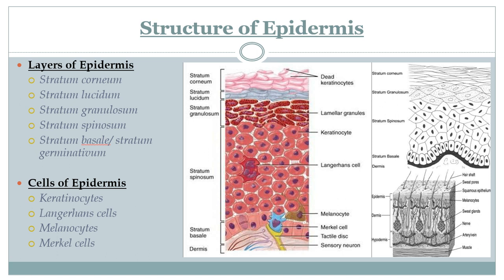Epidermis is the outermost layer of the skin made up of keratinized, stratified, squamous epithelial cells. Now, there are 4 to 5 layers of epidermis. These layers are stratum corneum, stratum lucidum, stratum granulosum, stratum spinosum, and the innermost layer is known as stratum basale or stratum germinativum. Now, let us understand the structure of each of these layers in a little more detail.